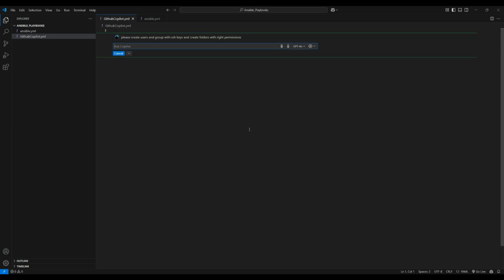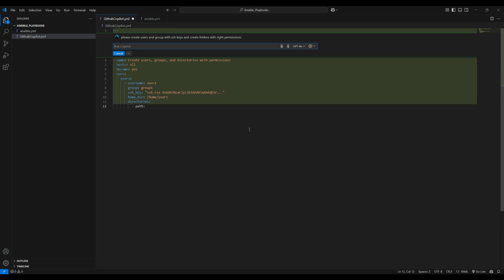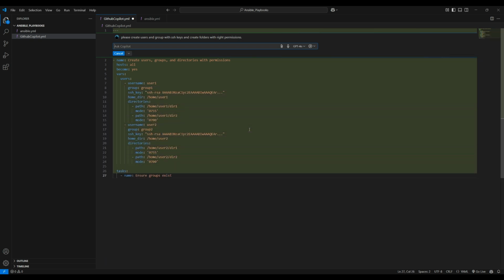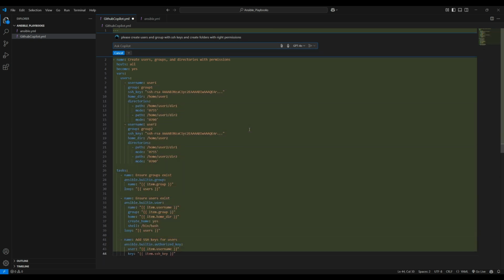Okay, let's see now. As we can see, Copilot is doing all of that, and as you can see, it's